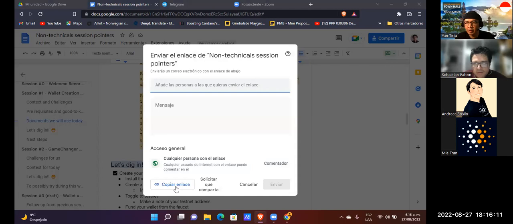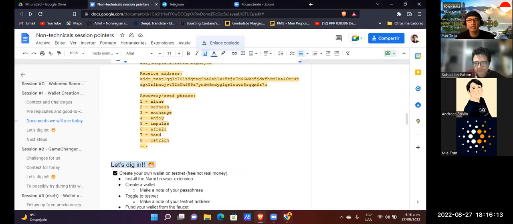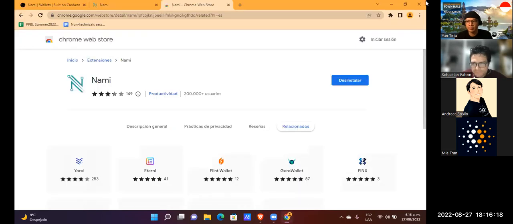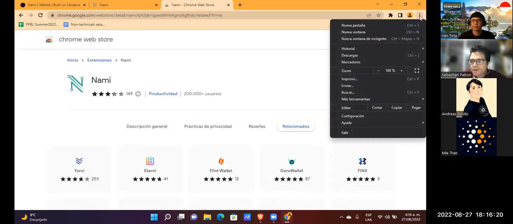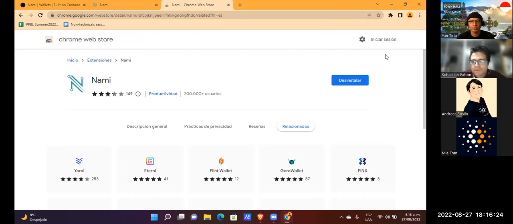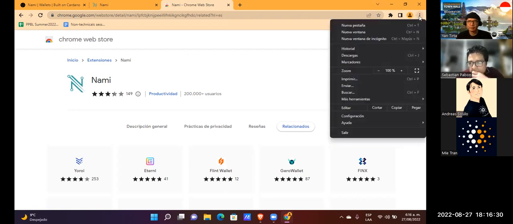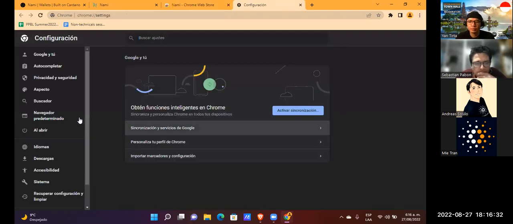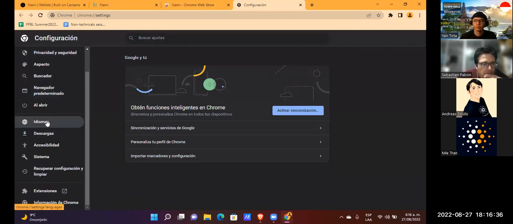Would it be possible to translate your Chrome browser to English? Of course.